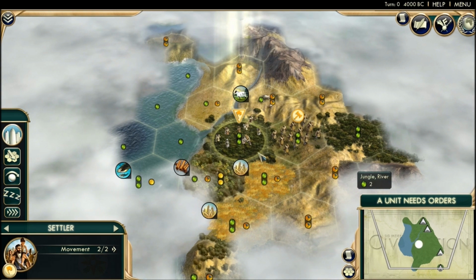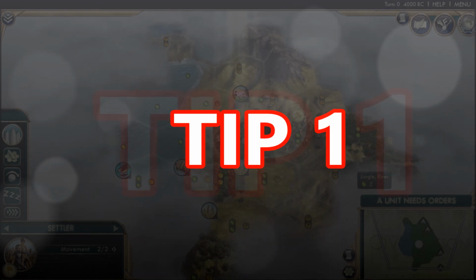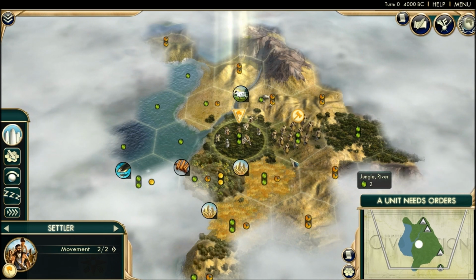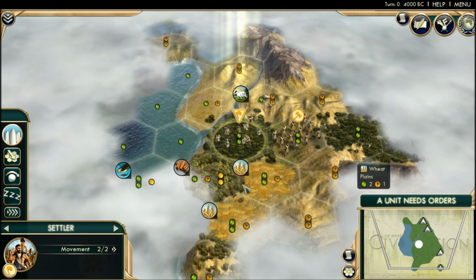Okay, so here's tip 1. Always build a coastal city. Now the reason for this is, and this doesn't mean every city you build has to be a coastal city,